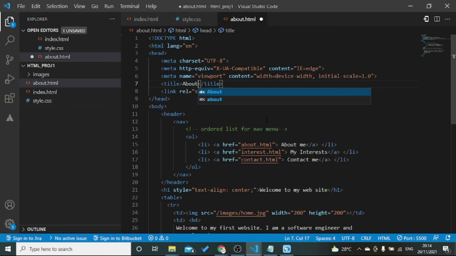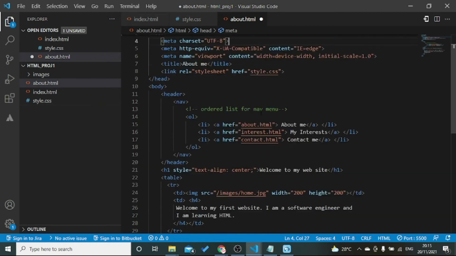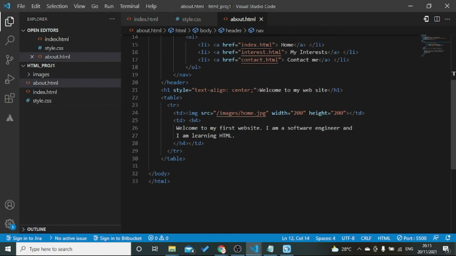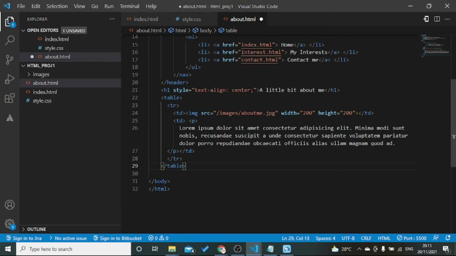Just change the title. About me will not have about me anymore. It will have a home page link. Let's change the title as well as the image, about me.jpg, and some lorem ipsum text.